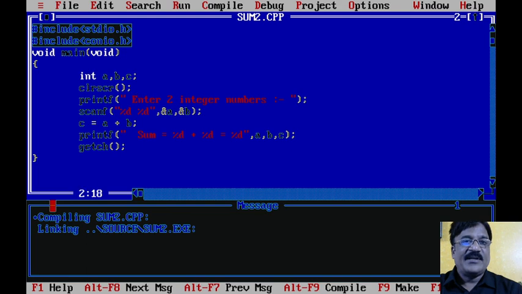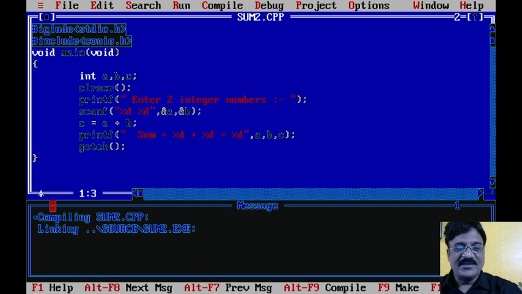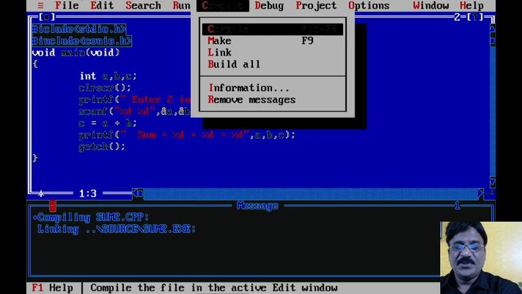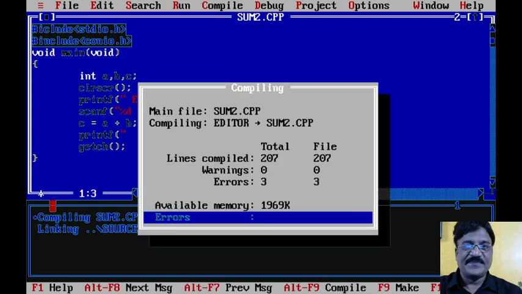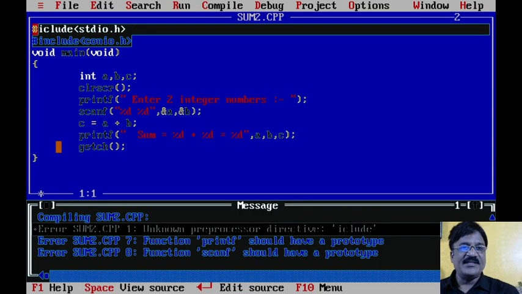Okay, now try to commit certain mistakes so that you will come to know what kind of errors you may encounter. Suppose by mistake I have written here like this instead of include. Basically I am getting three errors. Unknown preprocessor. So this line is referred to as what? Preprocessor. We don't have anything like that, and always remember printf and scanf are stored in the stdio.h file. So it is not able to locate that one. That's why it is also showing the error in that particular line.